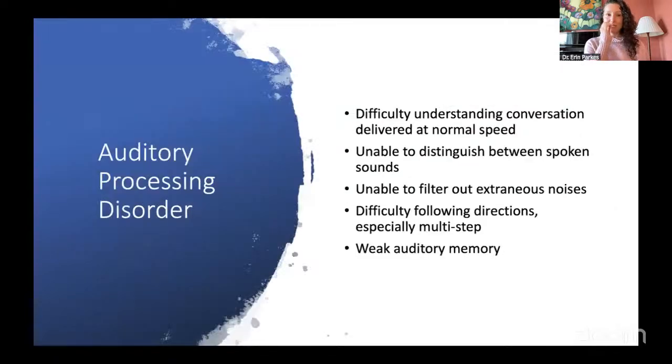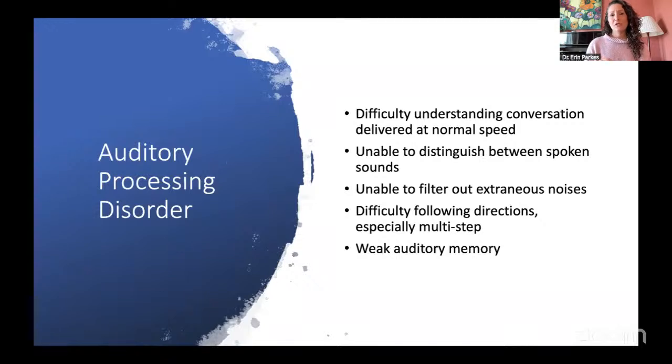Now, auditory processing disorder, and again, this is one that there's not a lot of awareness of, but it's not uncommon. And often, and this is true for all of them, there are a lot of students that are sort of subclinical. So they are presenting with some of these challenges, but not quite enough to meet the diagnostic criteria. So students might have auditory processing challenges, but not quite have auditory processing disorder.